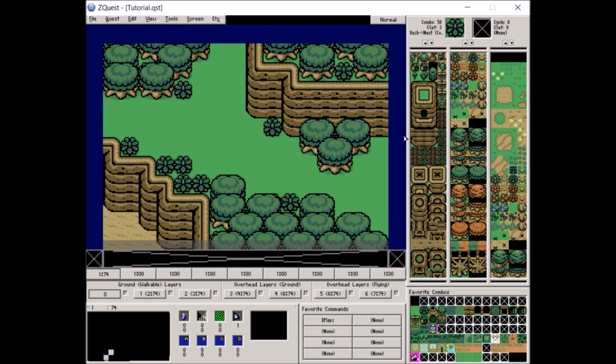Try not to place any bushes on the edge of the screen if you're going to be able to walk in that area, because you will enter the screen. You can enter the screen inside of the bush, and that will kind of look weird. Alright, so now that I have the bushes set up, I can now